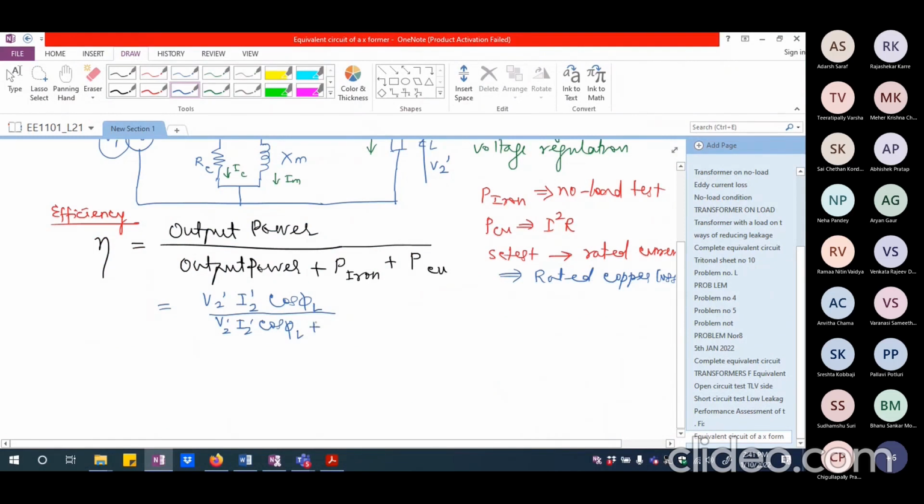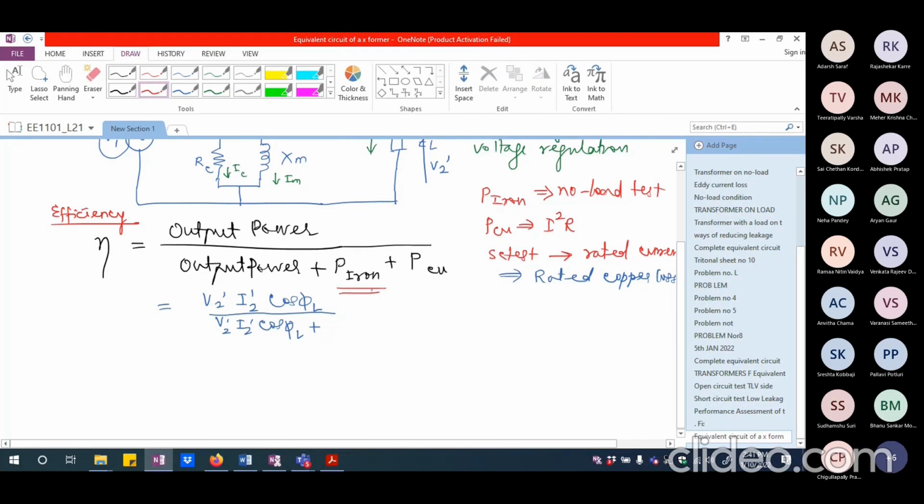And then I'm going to have P iron, because the iron losses are not going to change much. This iron loss is what is taking place within the core. As long as the core has rated flux or rated voltage and rated frequency, generally all the transformers will be operated with rated voltage and rated frequency, because it is meant for either stepping up or stepping down the voltage. Whether I'll draw rated current is questionable, but I will always apply rated voltage and rated